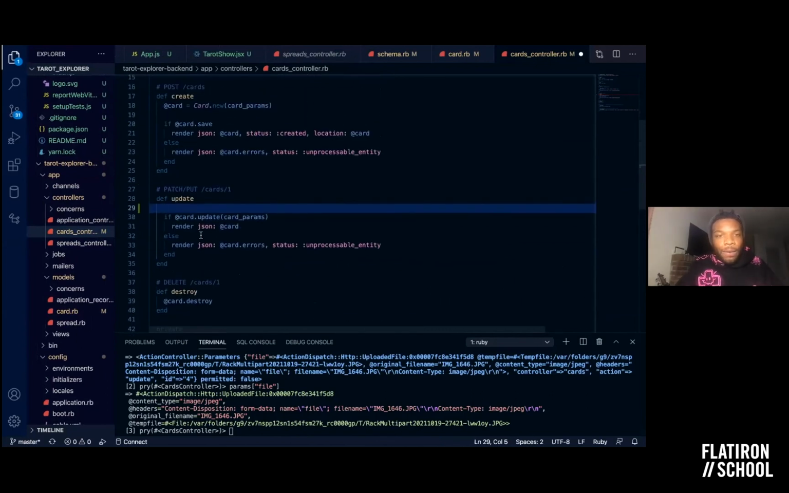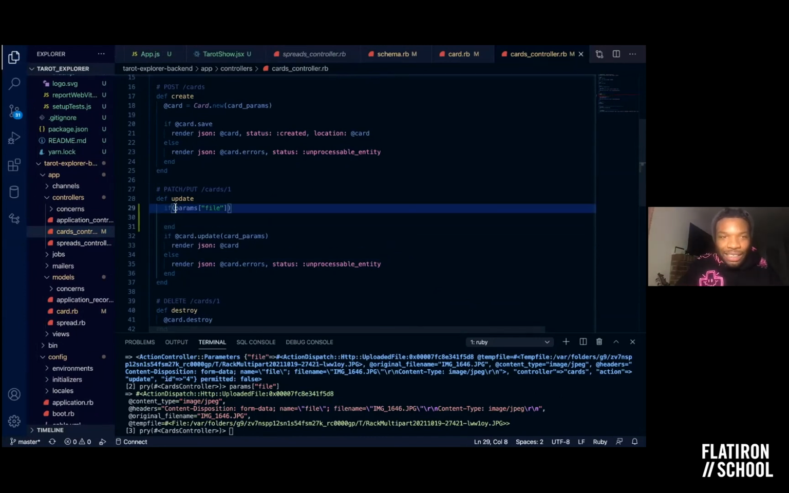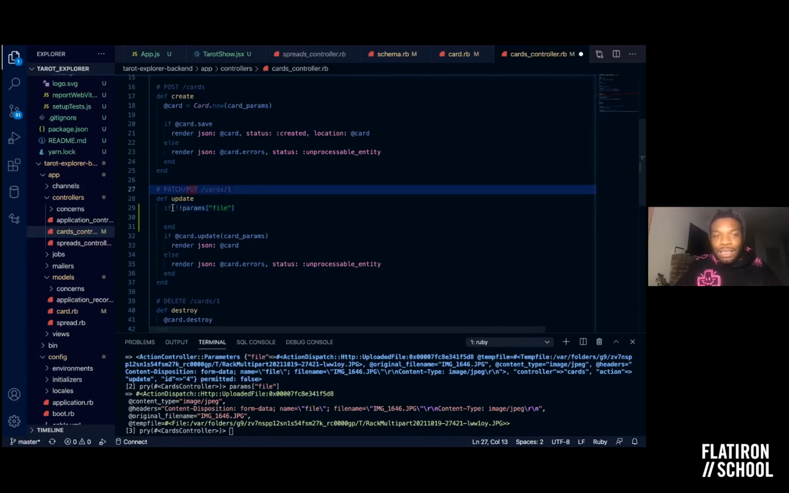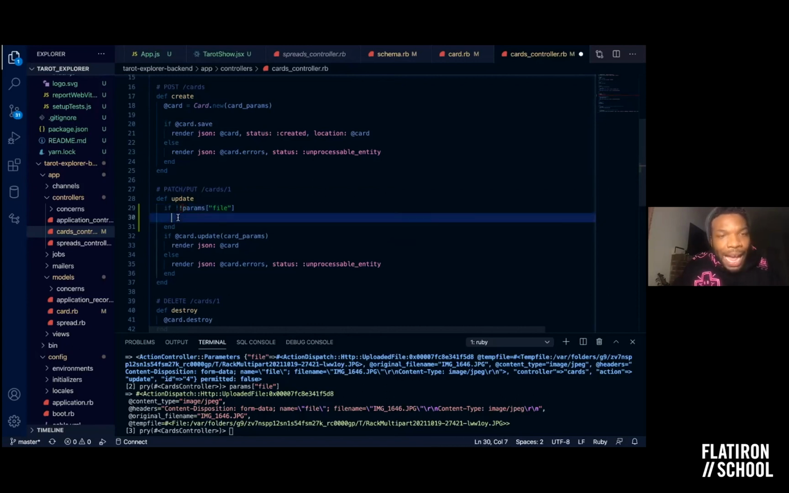Okay, so if params at the key of file. So if we have a file that we would like to, and I put parentheses around it, even though we're in Ruby and we don't need parentheses there. So if params at file exists, I can put my double bangs here to turn it into a Boolean expression, even though Rails definitely doesn't care about that, even though JavaScript probably doesn't either. But I'll put it there just in case. If the file exists, then what we want to do